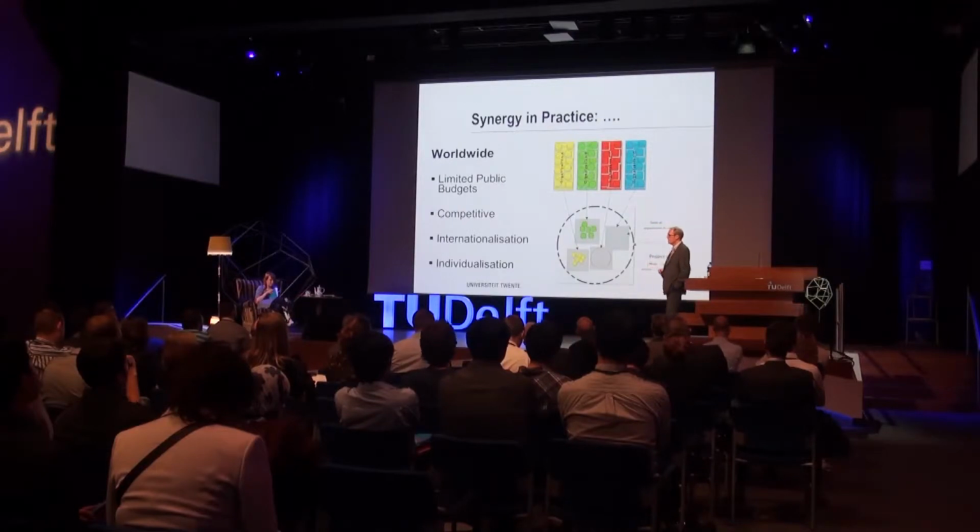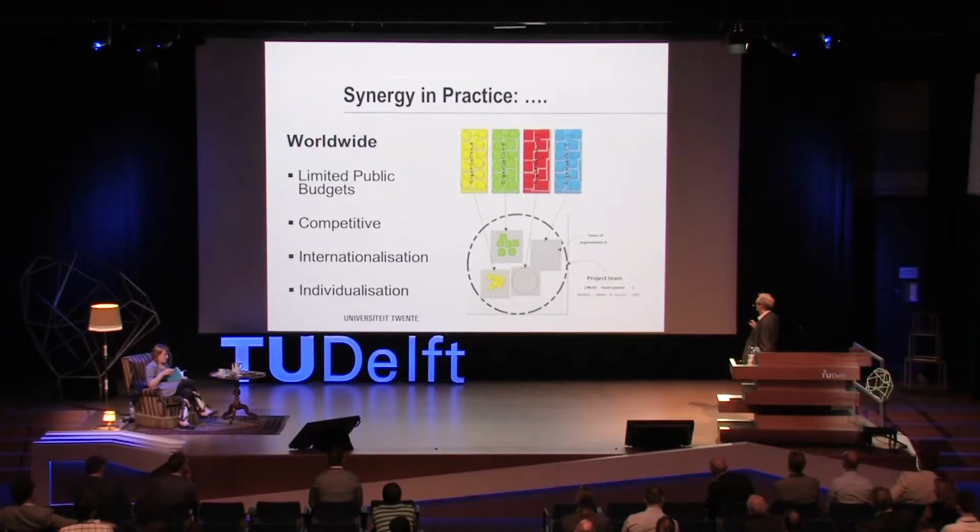Yeah? This is a challenge also for universities. How do you do that? Because here you could say this is Delft, this is Eindhoven, this is Twente, and perhaps another international university. But if you look at how you win projects in the EU, but also in the Netherlands, it's actually much more this model. And sometimes you compete with your colleague who's next door, but you cooperate with someone at the other university. I think I have more cooperation with colleagues from Delft and Eindhoven than within my own university. It's strange, isn't it? But that's how today's research society is working.